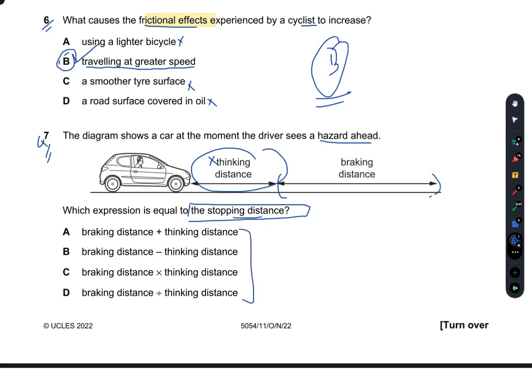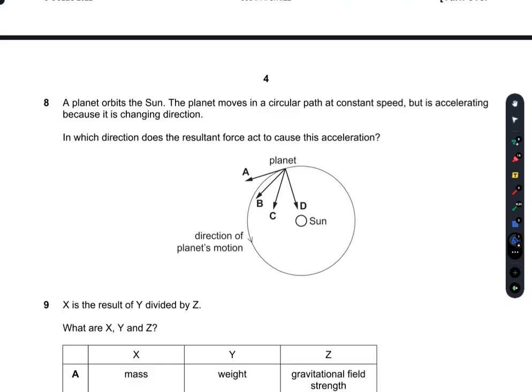But in these four statements, there is not any single expression in which only the braking distance is involved. Now what happens here is that during the thinking distance there is no deceleration, so I can take it as 0, not 1, not 2, not negative. The thinking distance is 0 because there has not been any deceleration during it. So if I add the braking distance to the thinking distance, this will still return the braking distance which I want. So A is the right option. All others are incorrect.